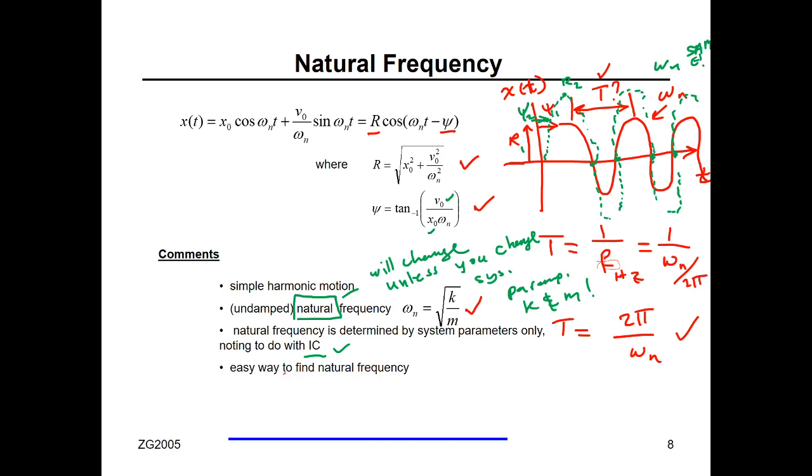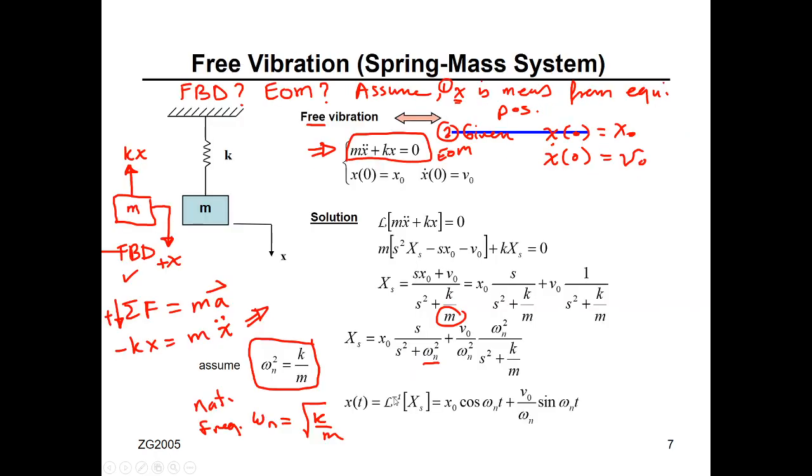Easy way to find the natural frequency. There are two easy ways. Either from the beginning, from the equation of motion. This is the equation of motion. Let me use another pen. From the equation of motion,